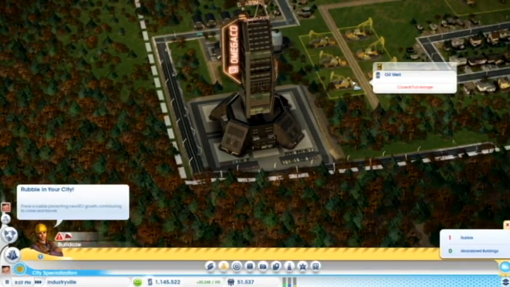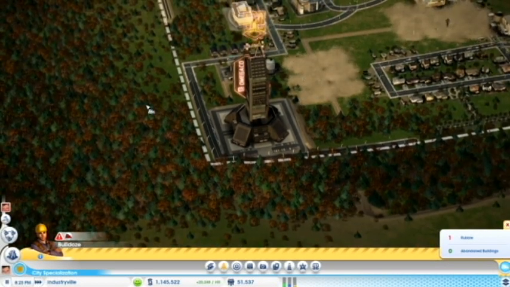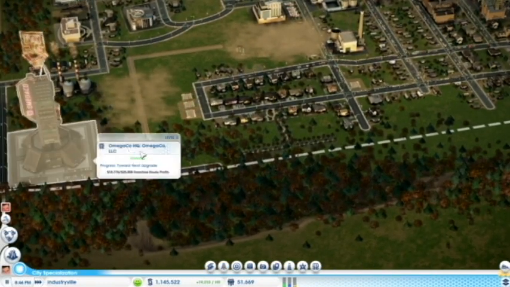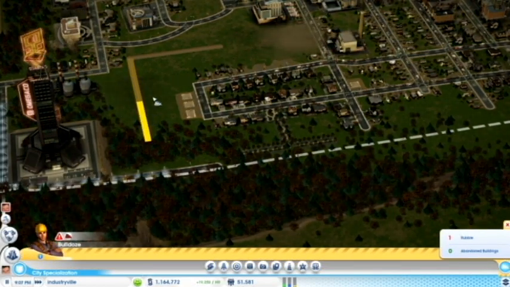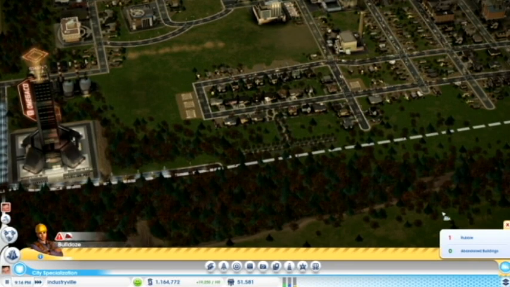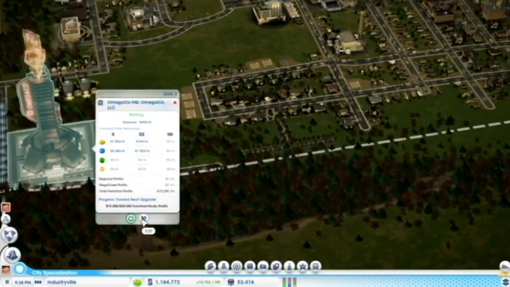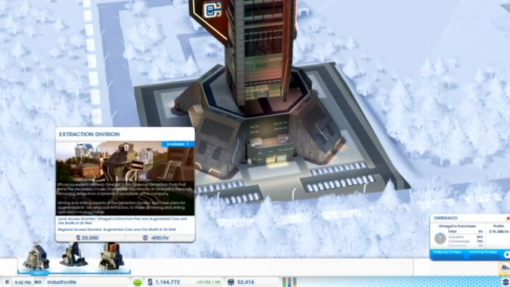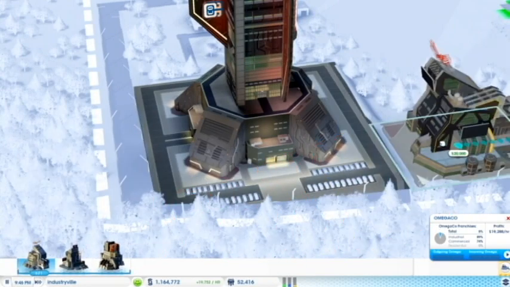I'm going to get rid of the oil. We don't need it anymore. Maybe I'll put it in later on. I need to get rid of this road, and I'm going to check here for the robotics division, which is that one. You can also have an extraction division or a commerce division. Let's go for this, put it there,